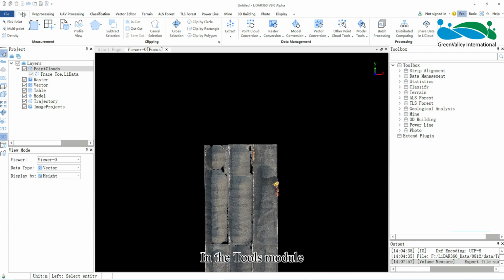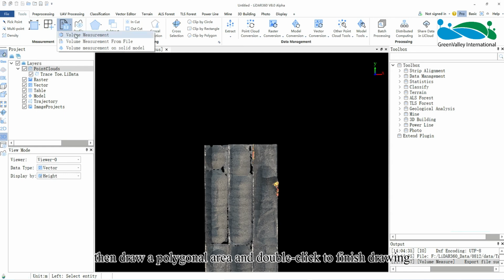In the Tools module, select Volume Measurement, then draw a polygonal area and double-click to finish drawing.